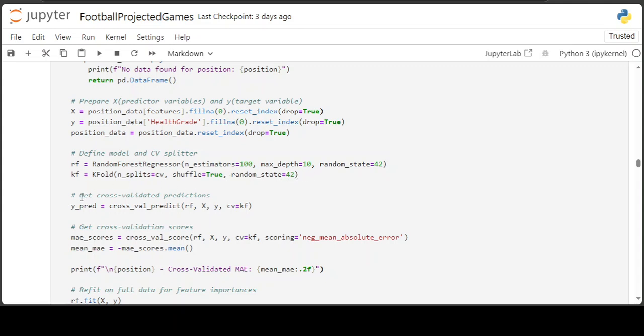And then this is where we're getting our cross-validated predictions with the y_pred. So cross_val_predict, which was also imported up at the top. We're using RF and the X predictor variables and the Y target variable. And we're saying cross-validation, CV, is going to equal